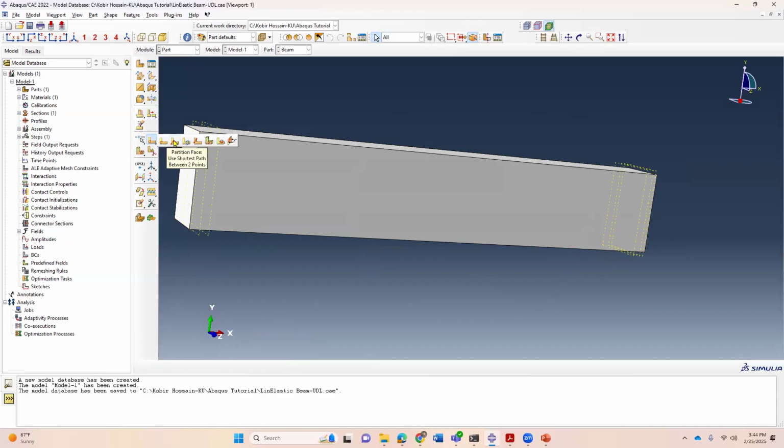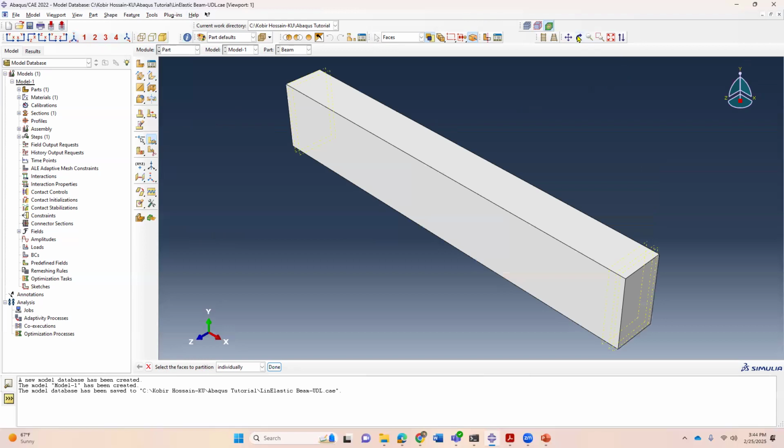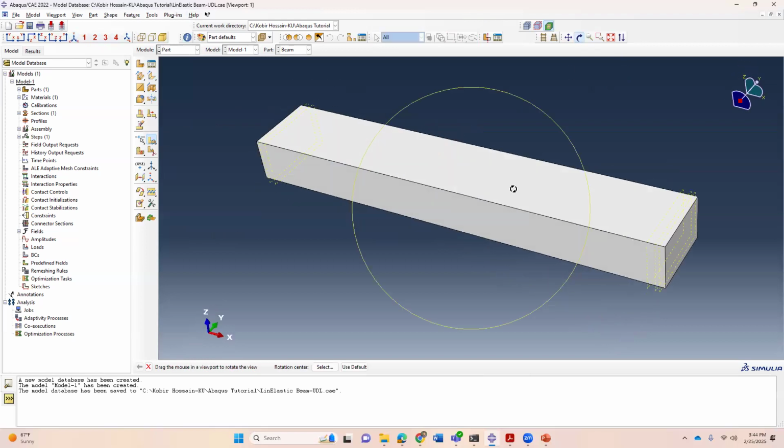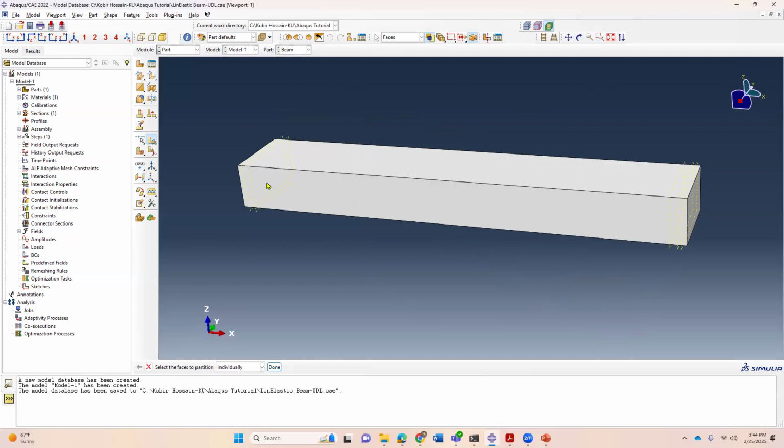Okay, now we cross this option and come to here, partition face. We use datum plane. So use this one, partition face, use datum plane. So it's asking to select the faces to partition, and we definitely go to the bottom surface. We select this surface and then click OK. Select the datum. Let's use this one, create partition, select this surface, okay, this face,